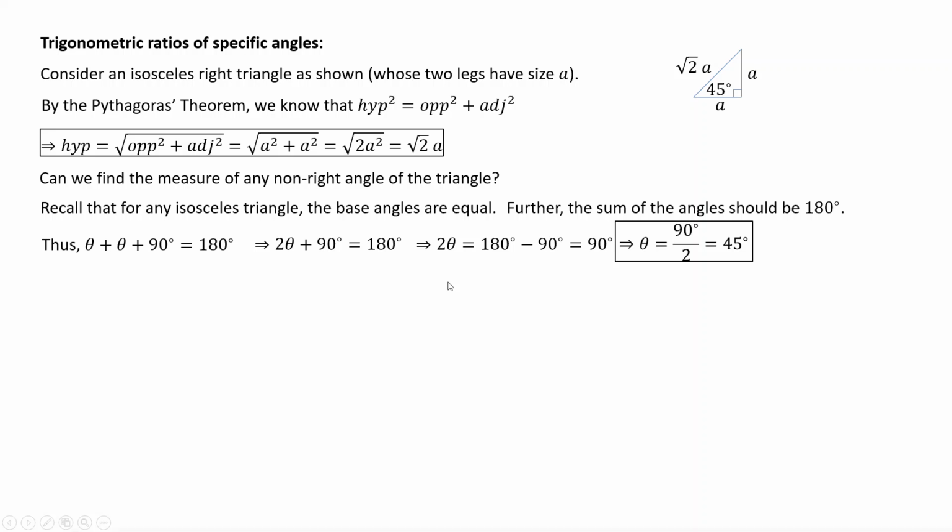With this 45 degrees, let's now figure out all our trig ratios: sine, cosine, tangent, secant, cosecant, and cotangent, and all that. Opposite over hypotenuse becomes a over square root of 2a. That's the hypotenuse, a square root of 2. A and a, we can divide both the top and the bottom by a and you get 1 in the top and square root of 2 in the bottom. So 1 over square root of 2. Sine of 45 degrees is square root of 2 over 2. You remember, if you wrote 1 over square root of 2,